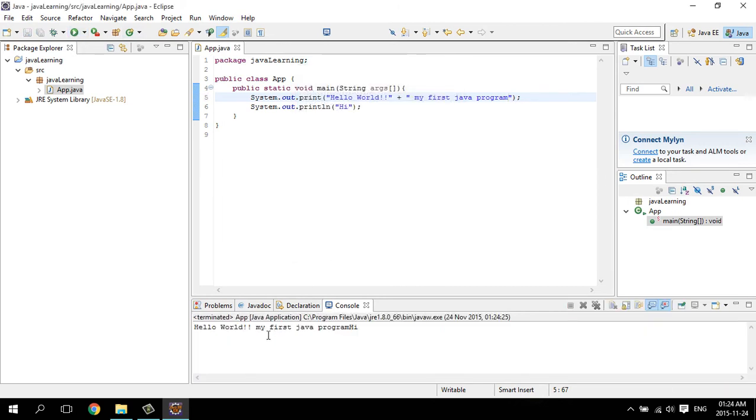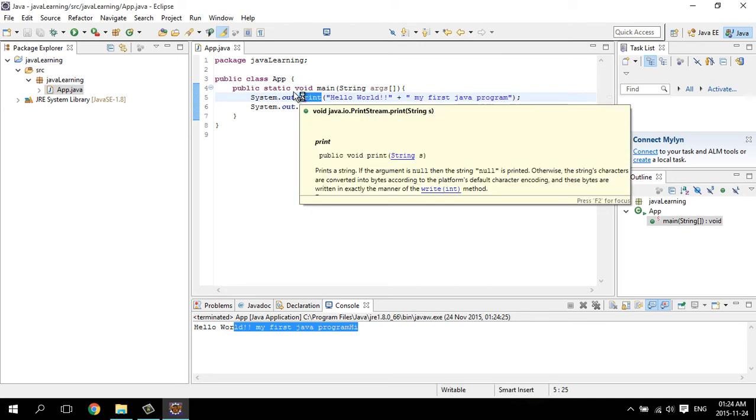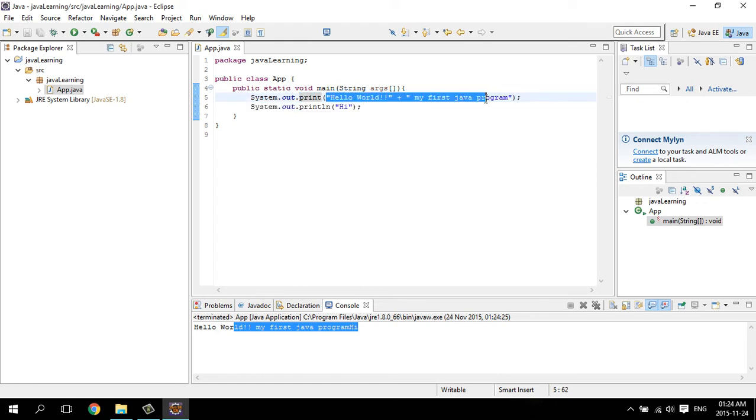Run, and you'll get all these strings in the same line, because this whole string is included inside this print statement. So this will all print in the same line,